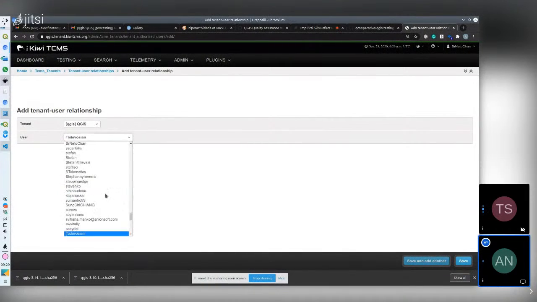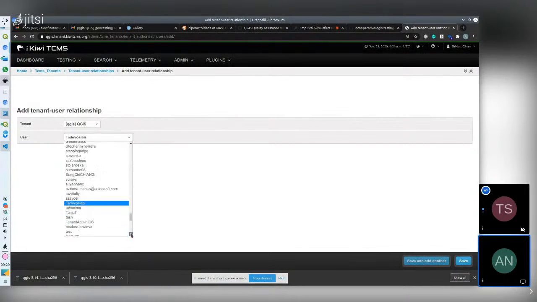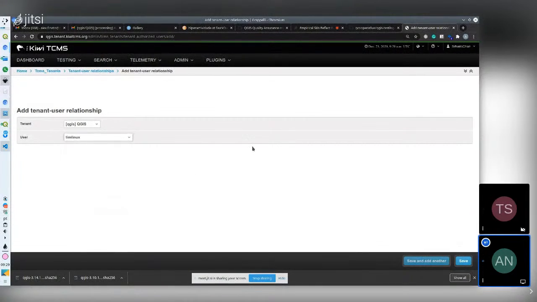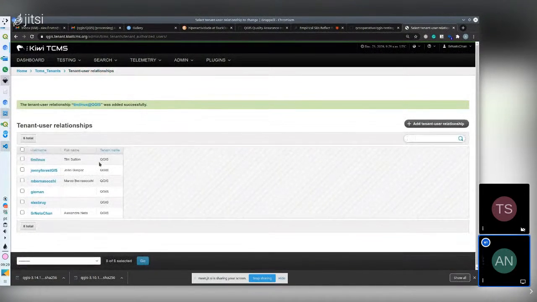Now let's see if I can find Tim Linux, probably. Tim Linux. Here you go. So I selected and I save it, and now here you are, and you have access to this. So everyone needs to do this to have access to the repo. I don't know if we host it ourselves, if we could have this always accessible for everyone, even if only in reading mode. That would be nice, but at least for now, using their own system,